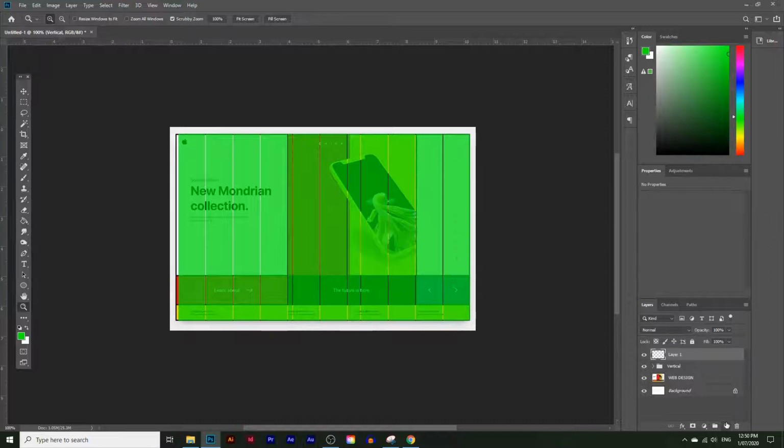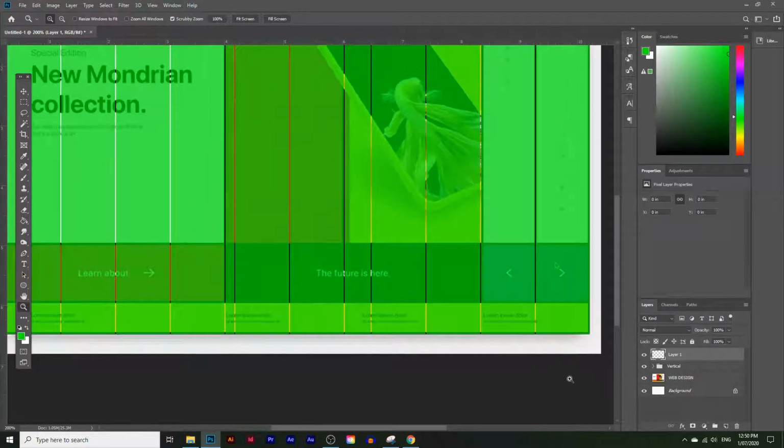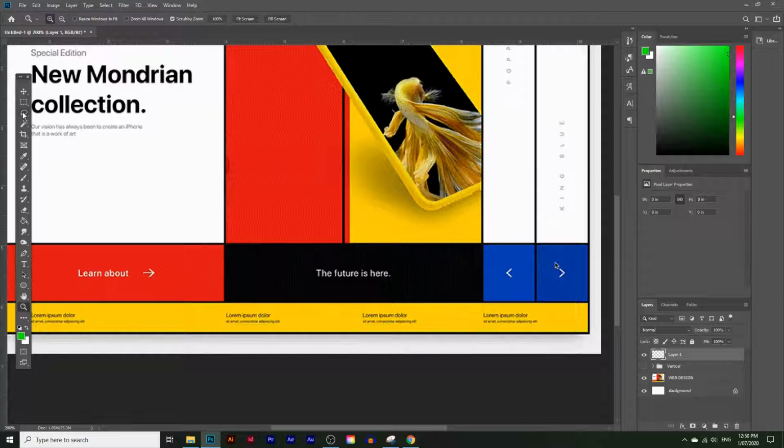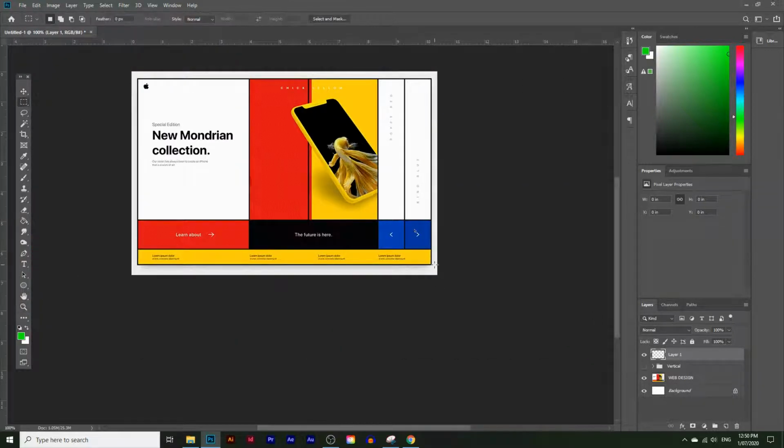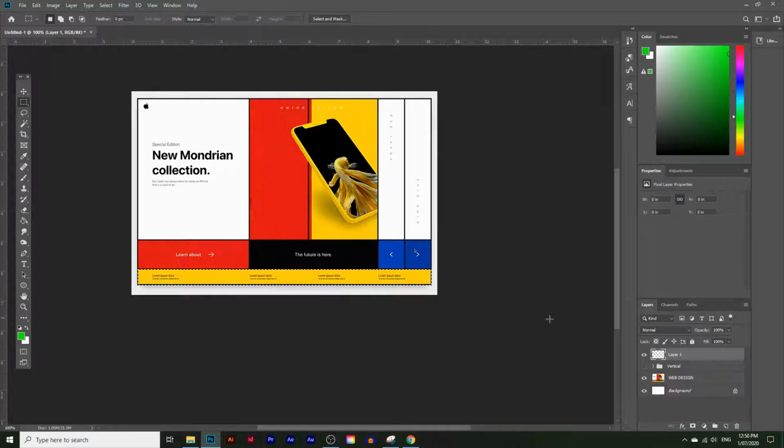And let's create an extra layer, and let's start with this bottom grid right here. So I'm just going to hide the vertical grids so it's easy to see. So let's choose the selection tool and select this section right here. So let's just zoom out a little bit. And again, you don't need to be perfectly accurate. You just need to get a rough measurement of how much percentage each of these grids are taking up of the entire image. So let's paint this in green, and just like before, we're going to lower the opacity,